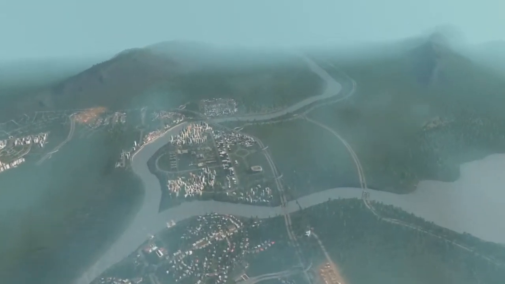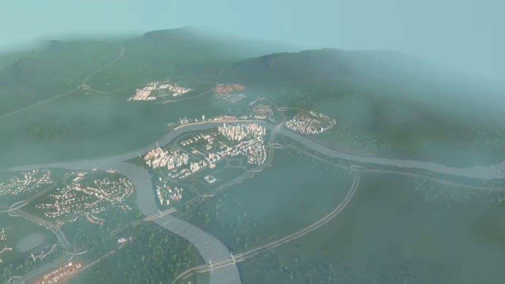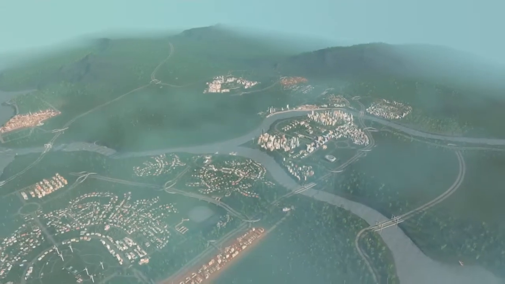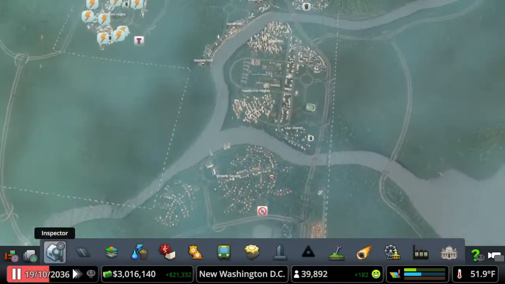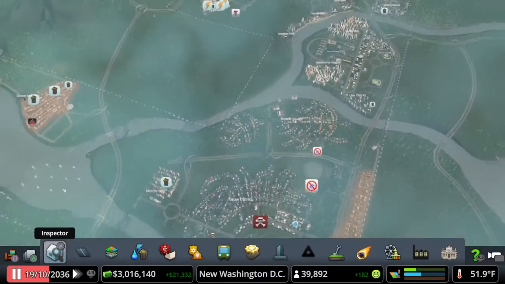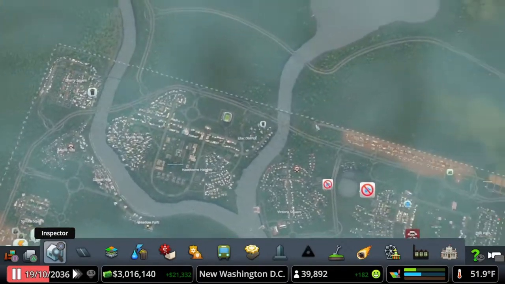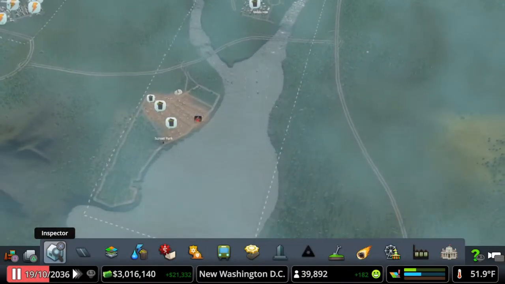Build. This is the Green Plains map. As you can see, the city is growing quite nicely. We need another little bit of population. We need just over 4,000 people to unlock another tile. We're going to go ahead and hit play, but before we do, the very first thing that we're going to do